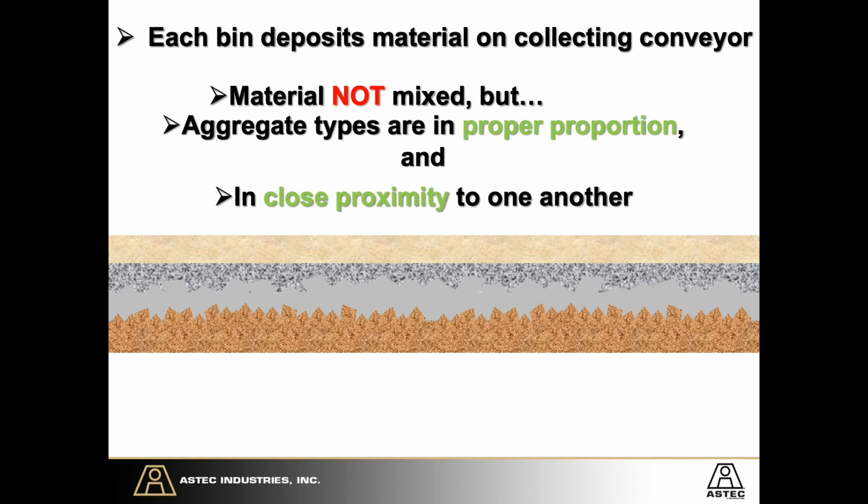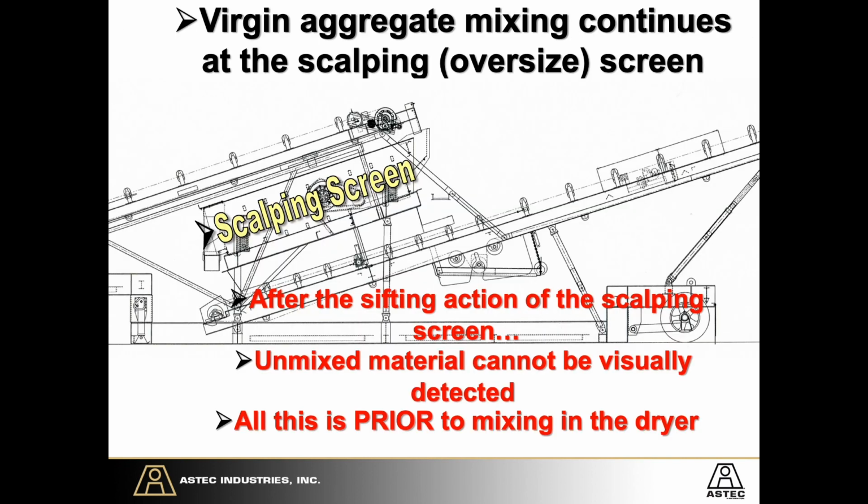If you look, the material is layered and properly proportioned on that belt. You can see they're very close to one another, but they are segregated. You have your fine, then as you go down, the material gets a little coarser each time. As it hits the scalping screen, you get the shifting action, or a small mixing action, and you can see that it